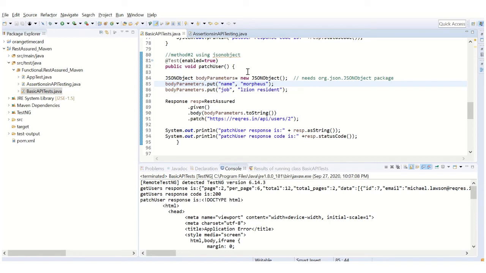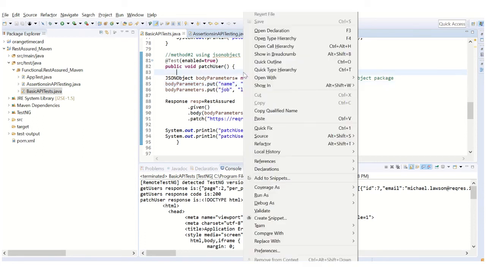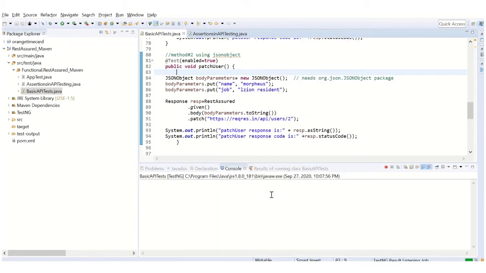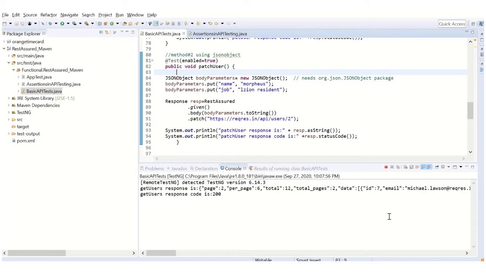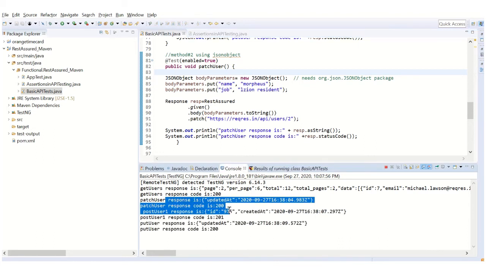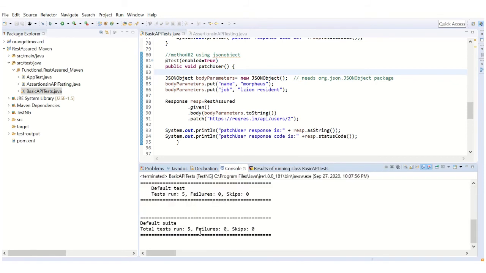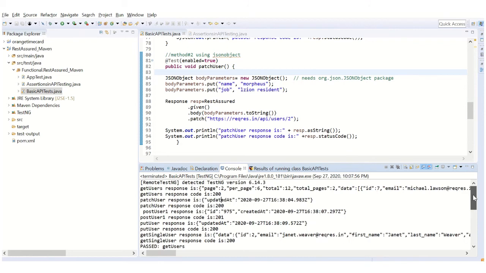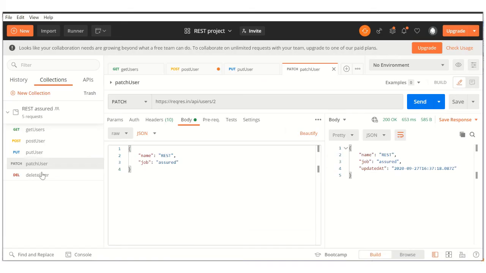Maybe I ran both of them at a time, probably. Let me run it again. In fact, it didn't fail, it has returned some other response, maybe because I ran it at the same time. Now you can see it has returned the 200 response with an updated record. Now we see all of them are success. So earlier I had run both of them at the same time, and that's what happened.